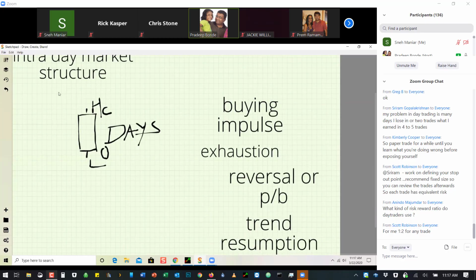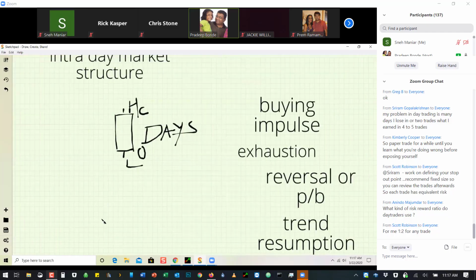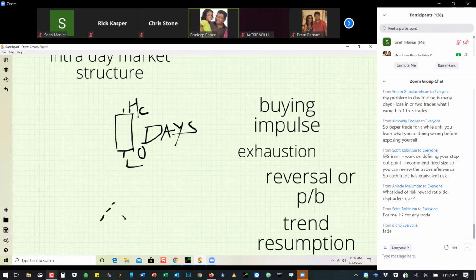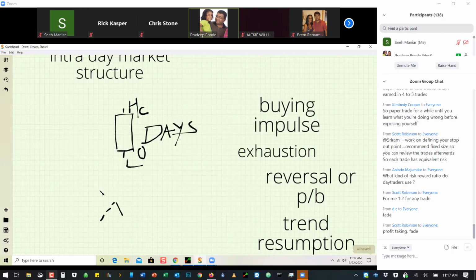Whenever you look at the intraday move of any stock, most of the time what you will see is that there will be buying impulses. Buying comes into the market very strongly, and the stock starts going crazily in the morning. It starts opening and a crazy amount of buying comes in. If you look at the 5 minute chart, it's like this. What happens after that? It fades exactly, and this is why people lose money in day trading, because they are buying when the